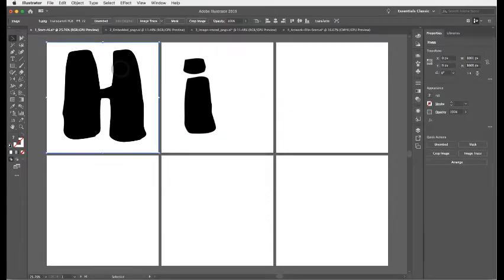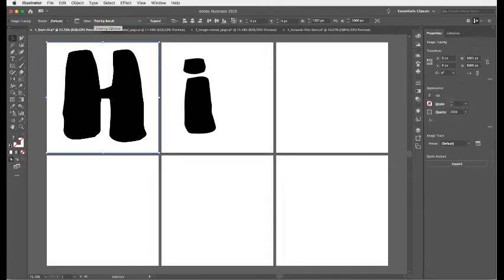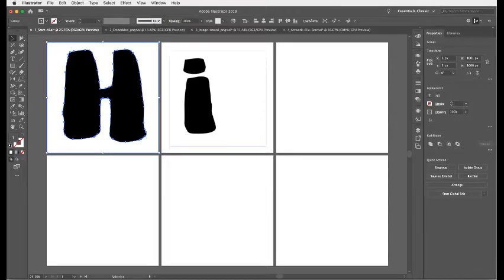When you've got that graphic selected, you'll notice at the top of your screen, in the control bar area of your workspace, you have an Image Trace button. You can just click on that and see the tracing result and then expand to see the paths. If you want a little bit more control,